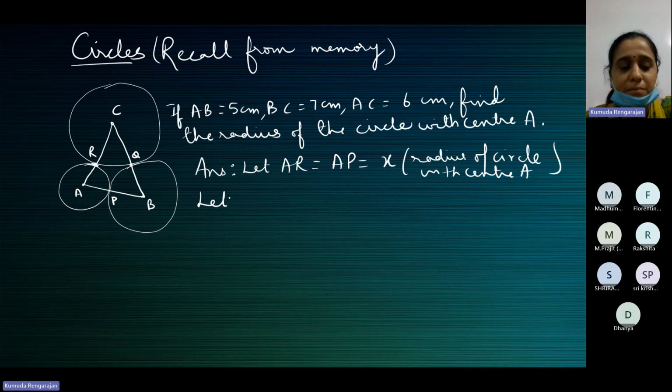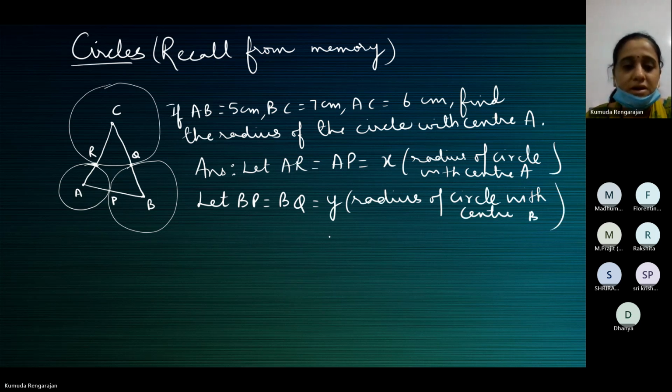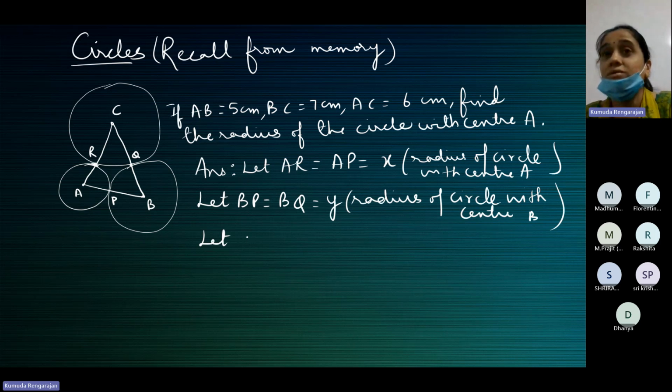Then let BP is equal to BQ equal to Y because radius of circle with center B. And then let